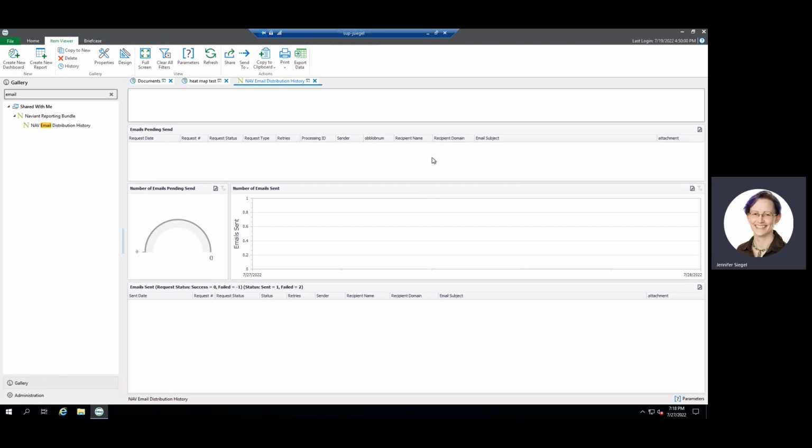All right. But sort of a general sense, this very top is the range filter that I showed you earlier. So that's that pinch bar. So if you pick a date range, you can then filter it after you've brought the data back. This next section will show you any emails that are currently queued up and waiting for OnBase to send out. And then, of course, you get the count, the overall count there. This will tell you the number of emails sent per day for your date range. And then at the bottom here, you get a detailed view of each email that went out and whether or